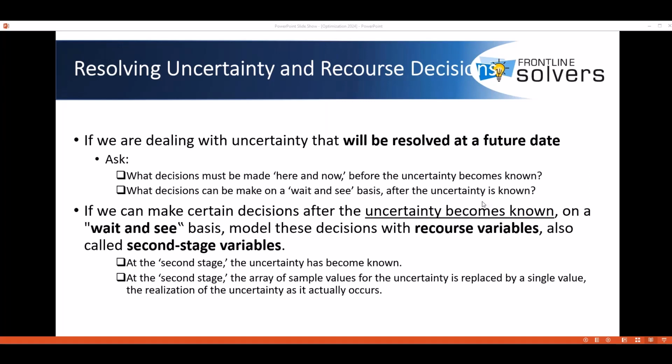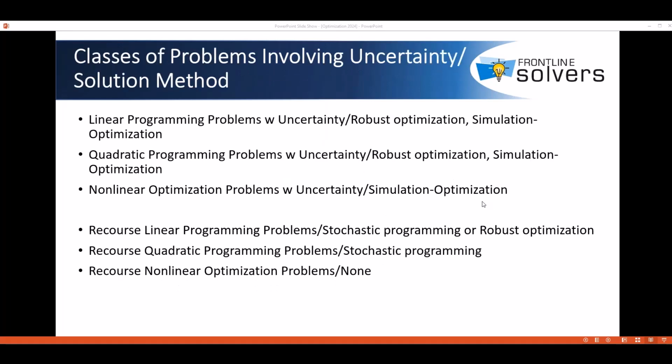At the time the optimization is performed, a single recourse variable effectively represents an array of solution values, one for each realization of the uncertainty in the model. Here is how we classify stochastic optimization problems. There are three solution methods currently supported by Analytic Solver: robust optimization, stochastic programming, and simulation optimization that can be